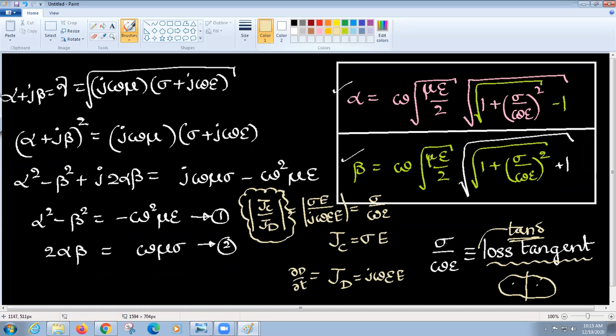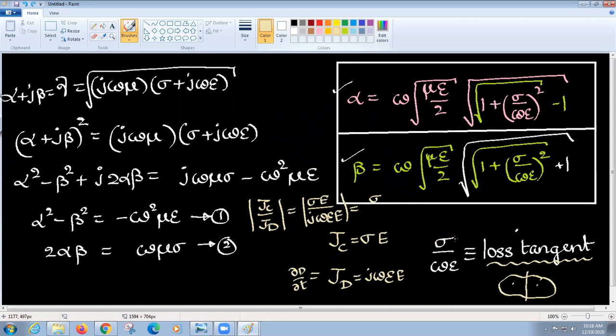See, what is the loss parameter here? The loss parameter is sigma, especially. Yes or not? Because EM waves will suffer in a conducting medium. EM waves enjoy a dielectric medium. So in a conducting medium, sigma is very high. So when sigma is very high, loss is also very high. In a dielectric medium, sigma is very, very low. When sigma is very, very low, losses are low. Yeah? So at least we'll understand this. Associate sigma to loss.